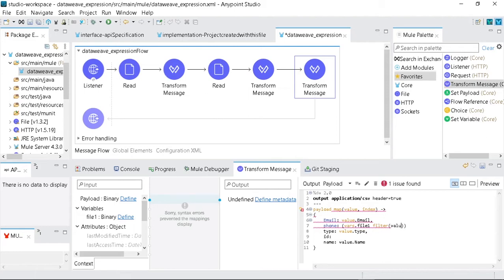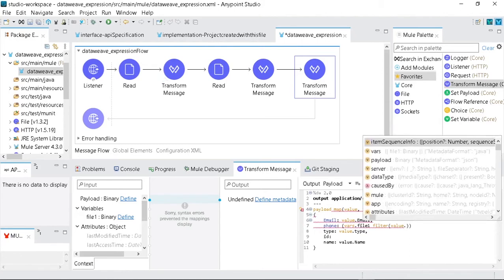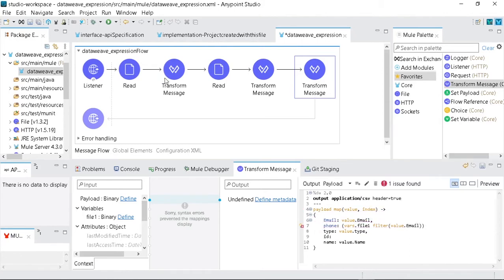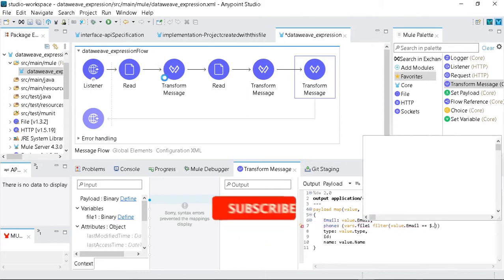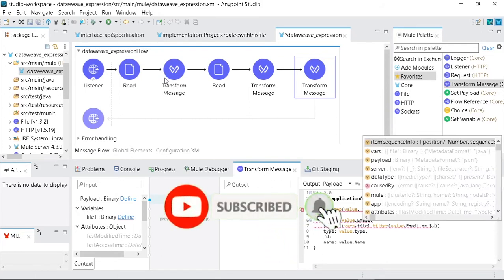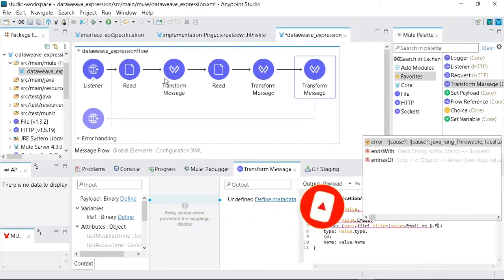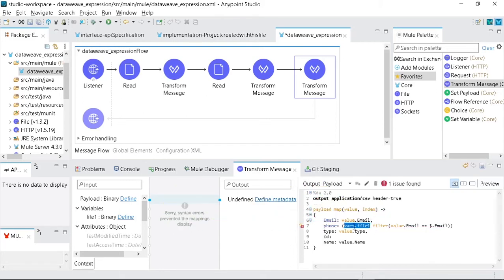So I will write value dot email. What would be the condition here? Value dot email would be equal to dollar dot email.